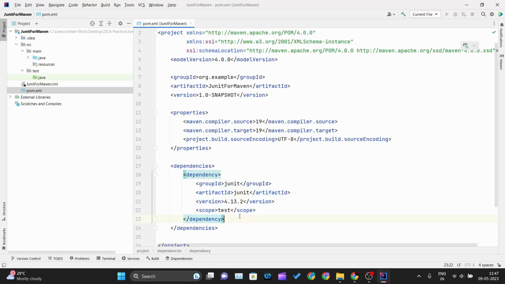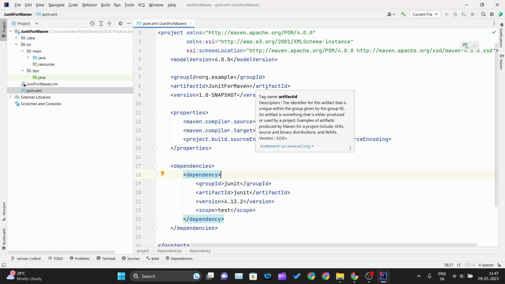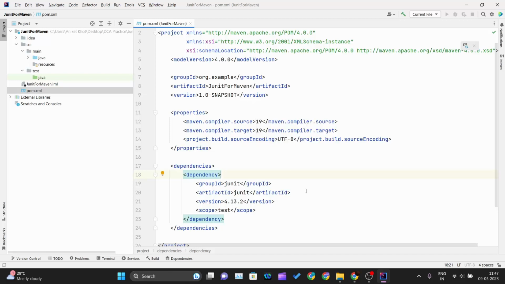Okay, so now we have added the JUnit dependencies with the latest version, and the scope should be test. Now we can go ahead and write the test cases for this project. Okay, so before writing these test cases, as you might recall, once we add the dependencies, or